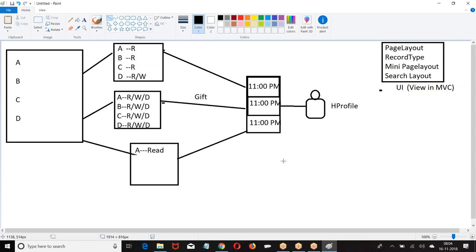Now, let me give an example. I want to create a customer, personal or a company. When I say personal customer, last name, first name, phone number, city, age will come. When I say company customer, company name, date of registration, number of employees, annual revenue, turnover, this type of data. Now, where is the data?